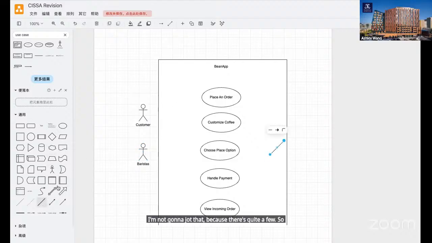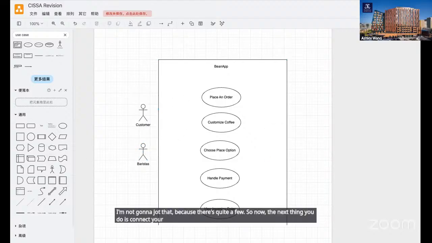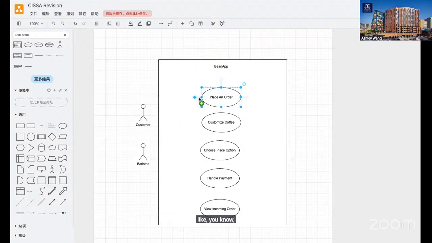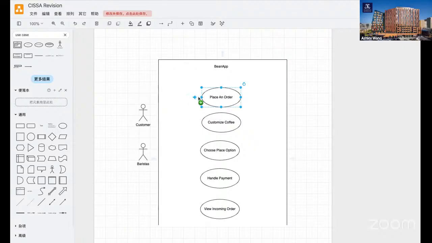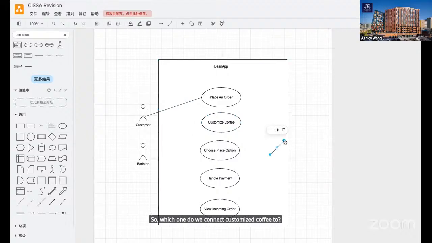So now the next thing you do is connect your use cases with the actor. So who do we connect place an order to? Customer. Okay, let me try again. So we have here to here. Which one do we connect customize coffee to? Customer? Good. Thank you.